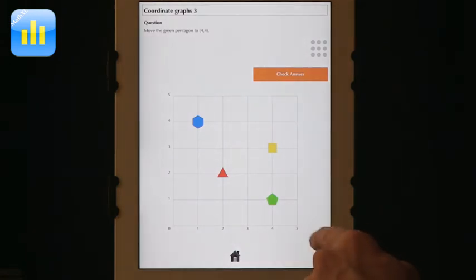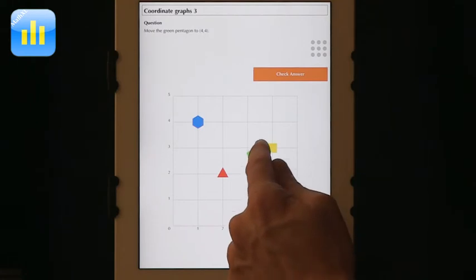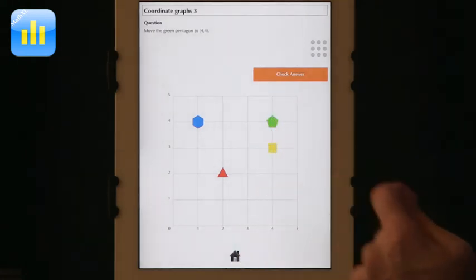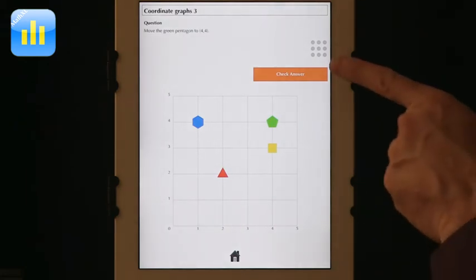Move the green pentagon to 4, 4. So you have to locate the green pentagon, which is a task all by itself, and move it to the right place. So it's another version of this exercise. And finally,